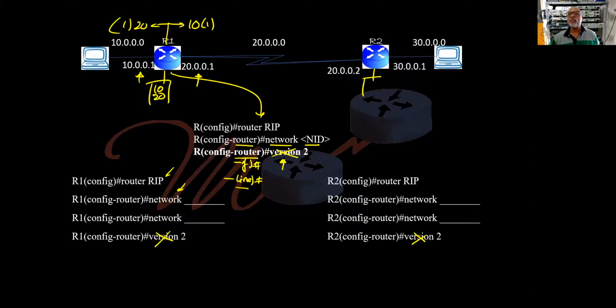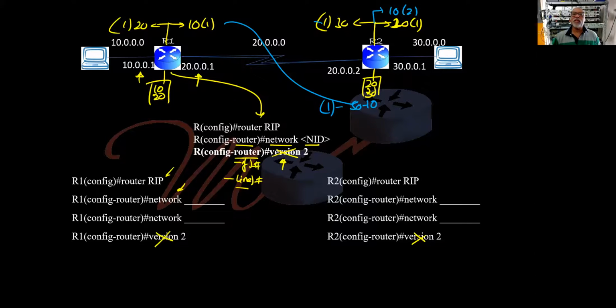So this guy knows 20 and 30, so it will send 30. So 20 network is 1 hop away this side, 30 network is 1 hop away this side. What happens now? 10 will come here. He will learn 10 network via serial 0, 1 hop. Then he will start sending 10 as 2 hops. Then 30 will come here. He will learn 30 network via serial 0, 1 hop. Then he will start sending 30 as 2 hops.